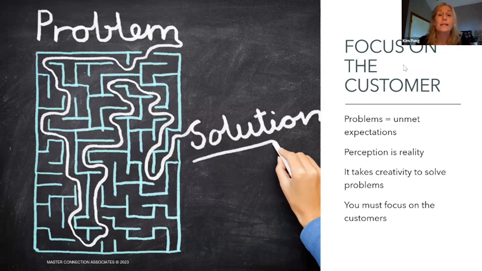Thirdly, it takes a lot of creativity to solve problems, right? Francine cannot move her hotel, her conference center, closer to the airport. She can't do it. Francine, can you? I don't think so. So she doesn't have exactly what they want, and she's got to come up with a better, creative solution to work through this little roadblock that this customer had as their expectation around where her location was going to be. Same with Lynn. We're going to have to get creative about the space, because they expected it to be all in the same building and we don't have that. And so that's where the creativity comes in, our ability to solve the problem.